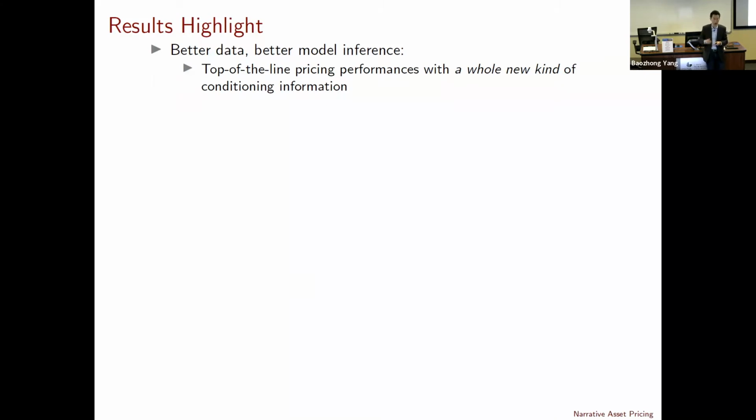And our pricing performance is really comparable to the cutting edge Fama French 5-6 factors, which are, after all, constructed with those characteristic informations to begin with. So we didn't use that information, but I can price those things. So this is the quantitative advantages.